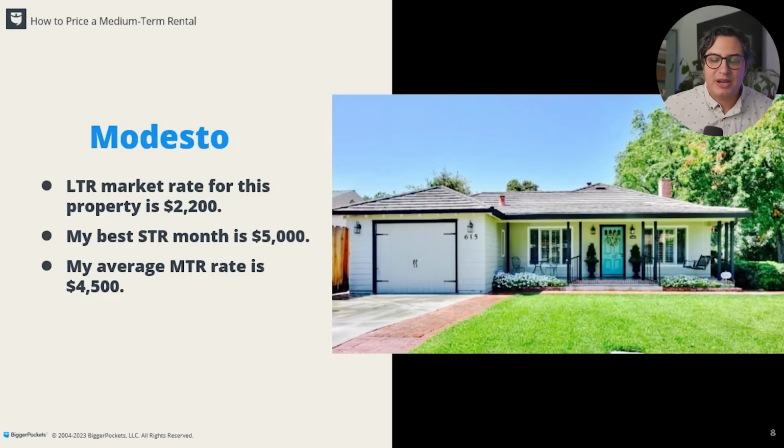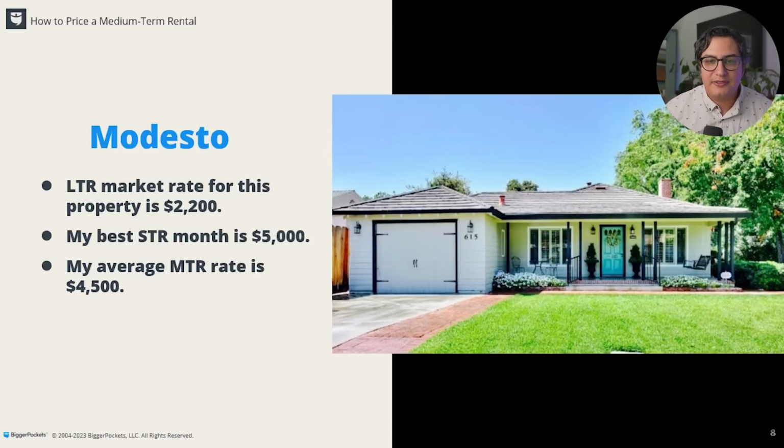So this is actually my first property that I bought in 2015. And no, it was not this beautiful when I first purchased it, but my rent on this property was $2,200 at the time of purchase. My principal and interest payments were $2,000. So if I was to rent this long-term, I would only be making about a couple hundred a month.